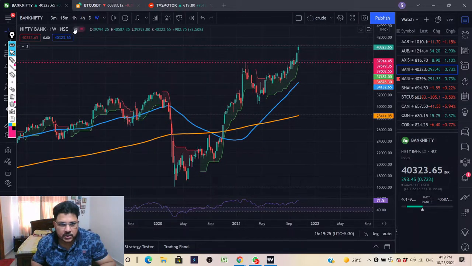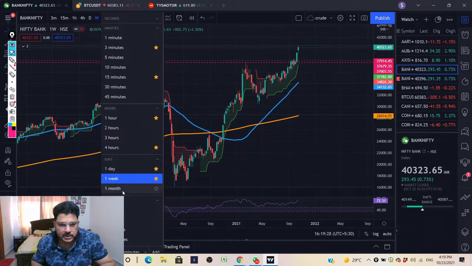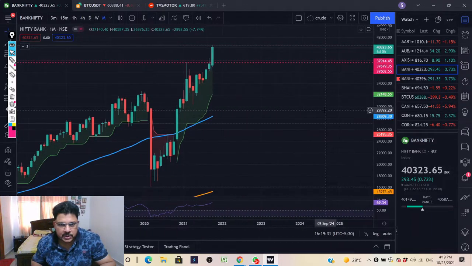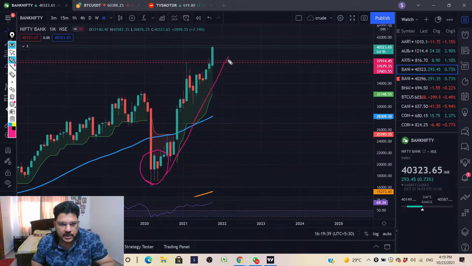As you can see, we are on a weekly chart. Let's go to our monthly time frame. This is the monthly time frame. It's looking really beautiful. From this setup, it has never come back, and it has not touched the super trend so far. There was this base candle, and there was a retracement at these levels. From there, again, it has taken the high of this candle and started moving up. So the trend looks much better, and it looks bullish. Let's see what happens next month.